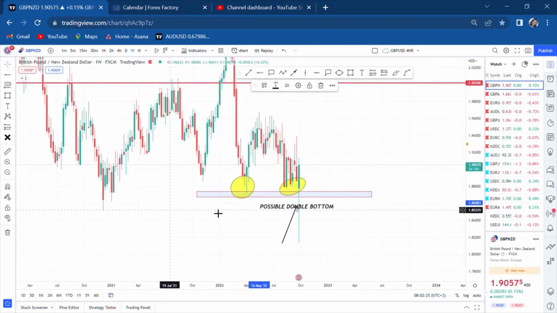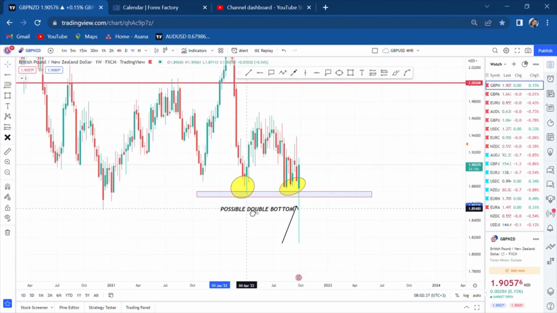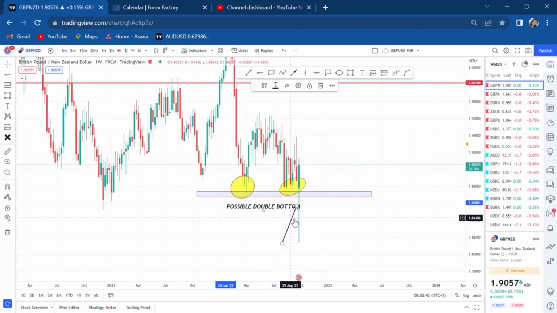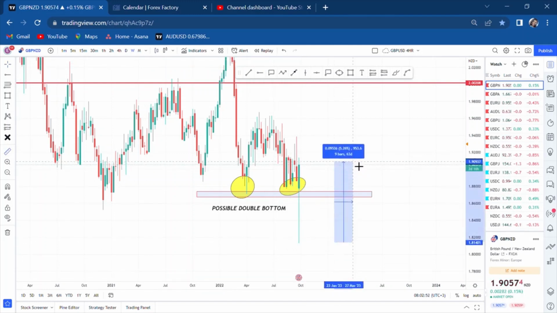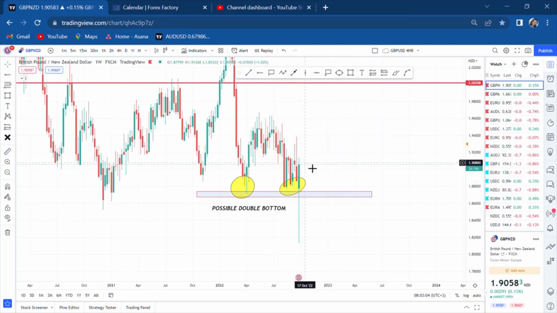If this is a possible double bottom, we can see very huge rejection this week. And let me give you even the measurements of the pips. This candle is how many pips? Rejections of 994 pips. So the market has been rejected way deep, like the sellers have been rejected. So if this candle closes like that, it's one way to tell us that this market might buy long term.